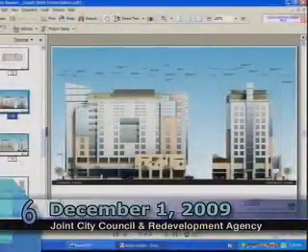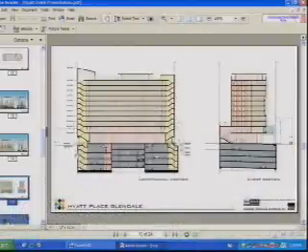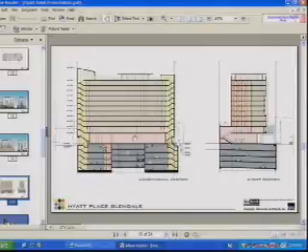Before I talk about the art element, let me show you the section. This is the building itself, where we have 4 levels of subterranean parking underneath. The 1st floor is higher than the typical levels, and the 2nd floor has a little bit of increased height in order to accommodate the meeting rooms.